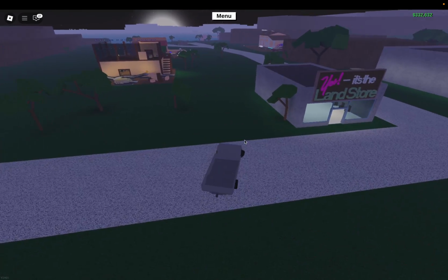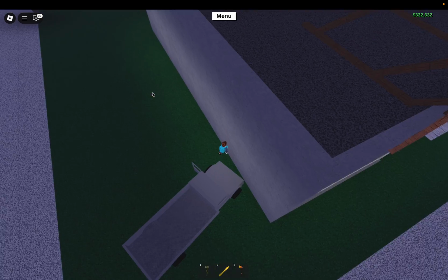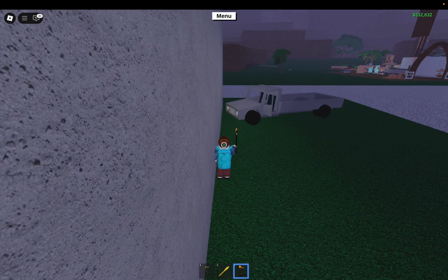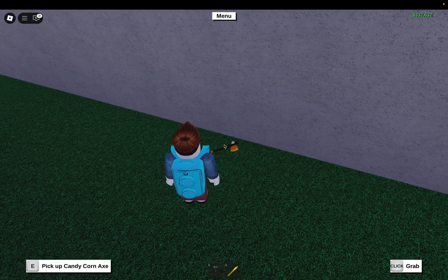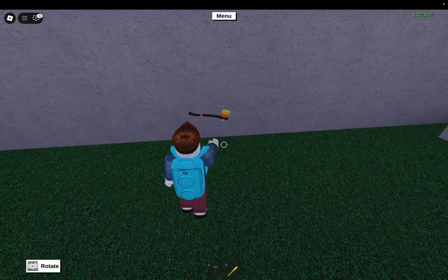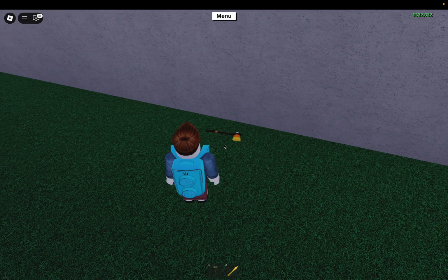So with the candy corn axe, there's a way you can actually climb walls. First you have to face perpendicular to the wall and make sure you're facing right, and then click and then drop it. Then you should make it like this. Make sure it's facing up. Then you can go and